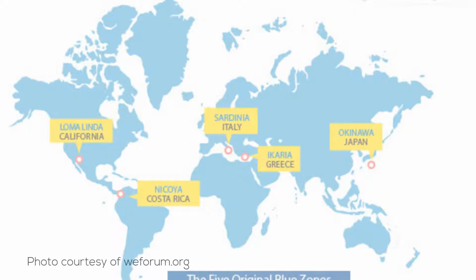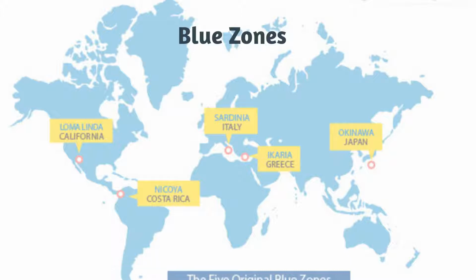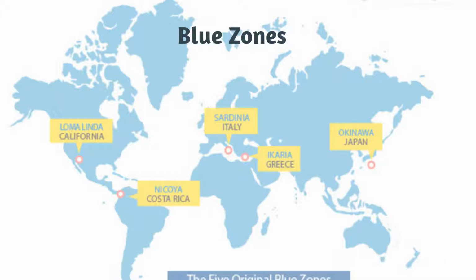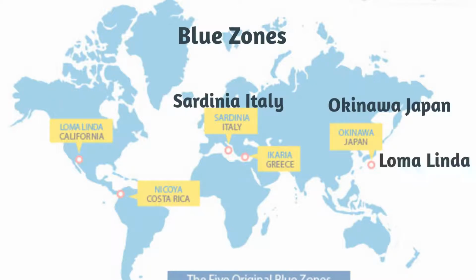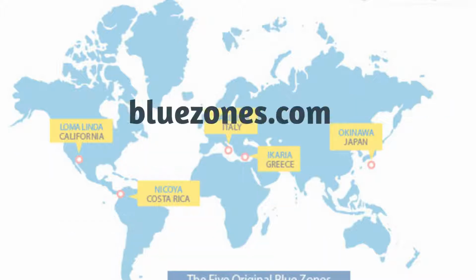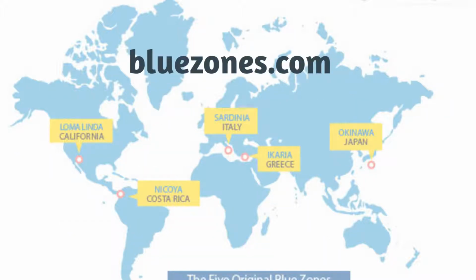Before we get directly to what to eat, let's take a look at the blue zones. You will hear me mention these areas of the world quite often, as it is important to learn from those who are already successful at both longevity and long-term happiness. There are 5 areas of the world that have been identified as longevity hubs. They are Sardinia, Italy, Okinawa, Japan, Loma Linda, California, Nicoya Peninsula in Costa Rica, and Icaria, Greece. These groups of people have many important behaviors in common, and you can read about all of them at bluezones.com.